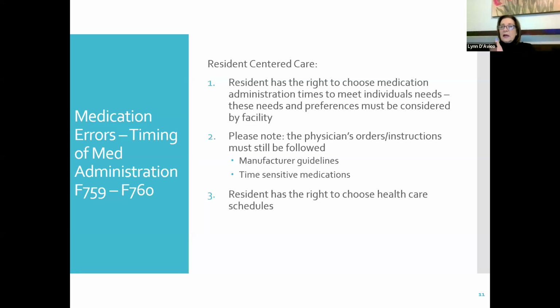You have people that are early risers. So to have your med pass time, let's say you have it at 9 a.m., which means the nurses can pass medications between 8 and 10. What if somebody doesn't get up until 9 or 10? So we are actually changing the medications to be more of a morning, noon, and evening medication with some of